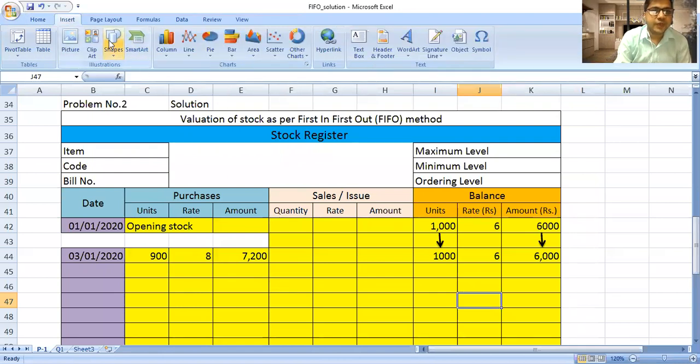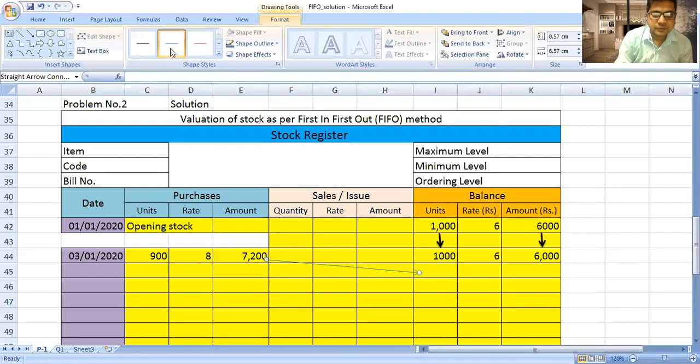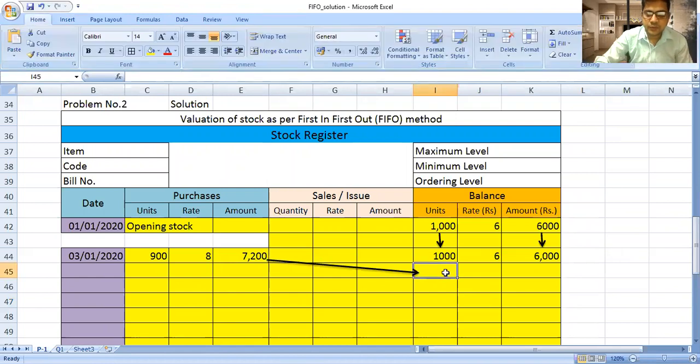Now the new purchase, what we have to do, we have to write in our balances column. In our balances column we have to write 900, their rate is 8 and their value is 7,200. Now we have to find out the total units available on 3rd January. So if you find out the total,